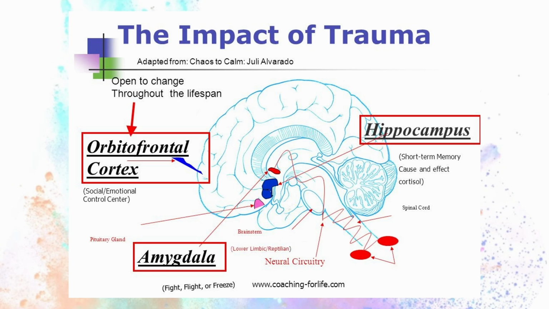On this diagram, we see the amygdala. This is part of the limbic brain, which is the oldest, most primitive part of our brain and takes care of our basic survival. The amygdala sits near several structures that carry information from your senses, such as sight, sound, and smell. We depend on the amygdala to warn us of impending danger and to activate the body's stress response, such as the fight or flight response.